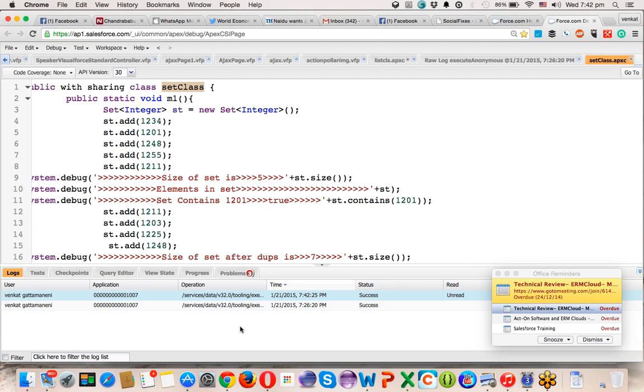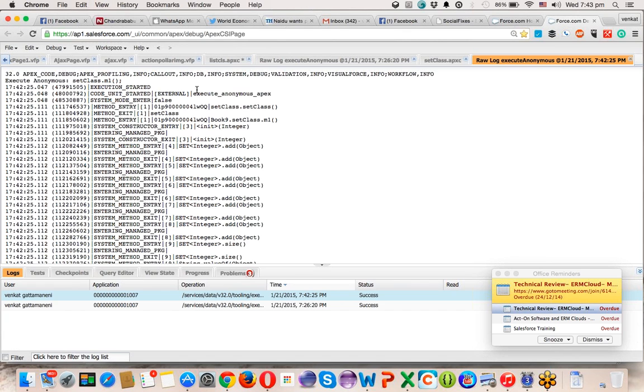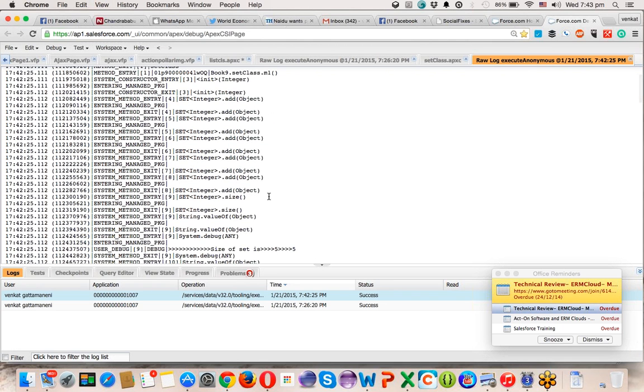And this is the debug log that is at 742. See, this is 100 and this is red. This is the previous debug log. This is the new debug log which I got just now, and the time also is here. This is coming for the set class. Open raw log. Now see, set class dot m1, calling the method, adding 5 items till here,